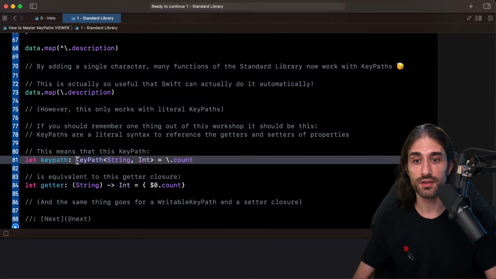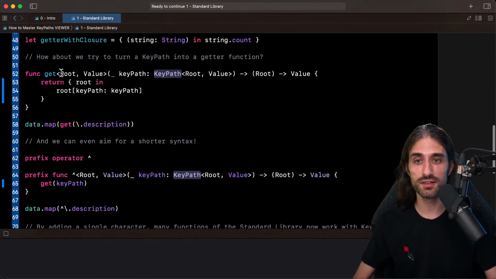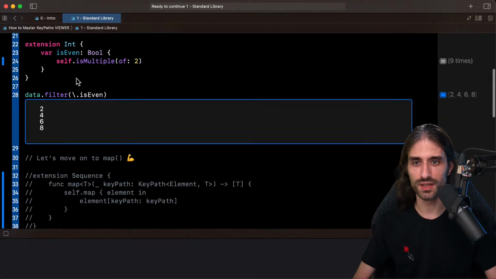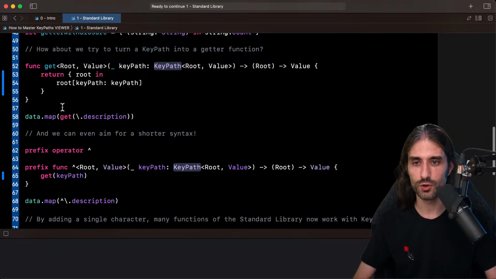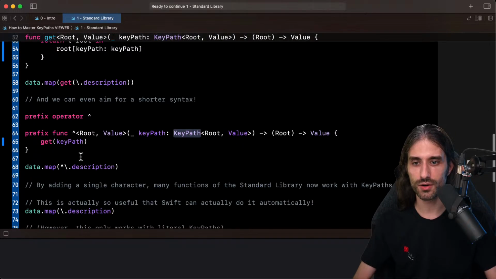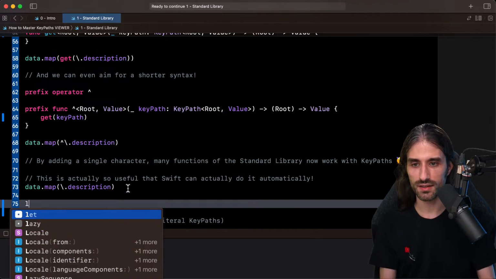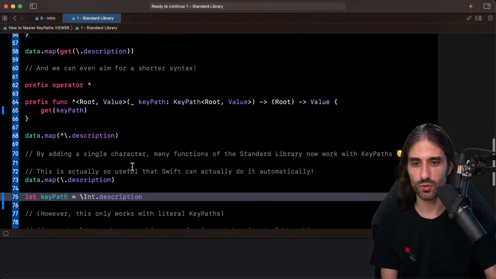However, if you need to store the key path, like I was doing, let me go back to my code right here. I'm going to create a key path to the property description. So Int to description.